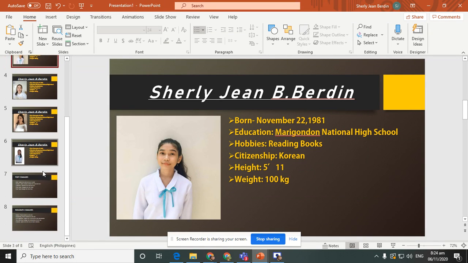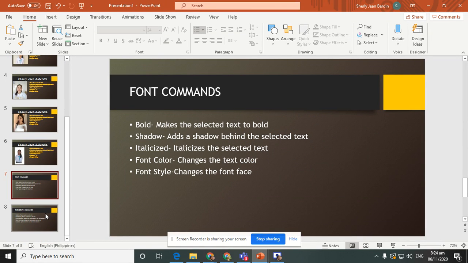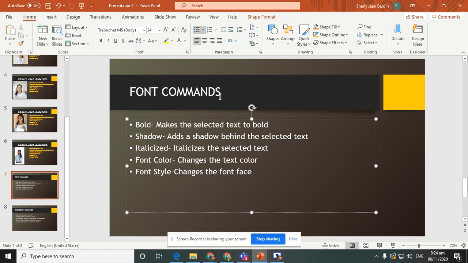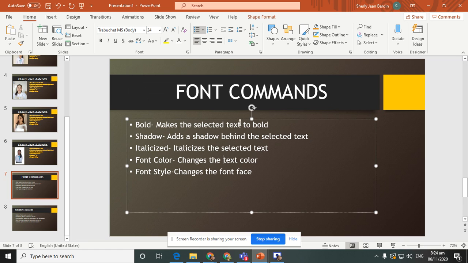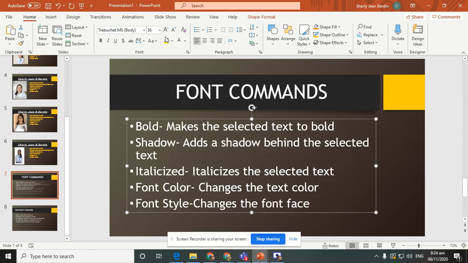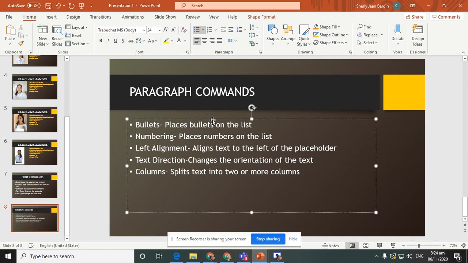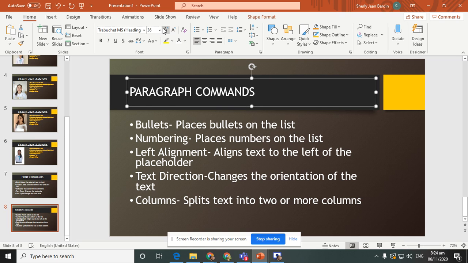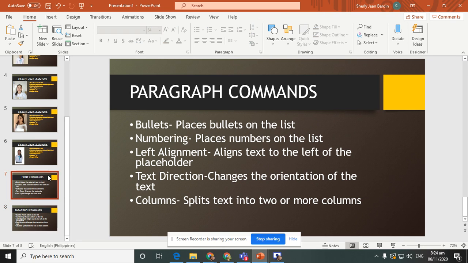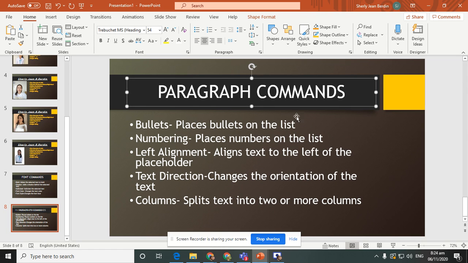If you're done with that, you have the font commands here. Make sure the font size is big enough so that I can read it well, and your viewers can also read it well. You can use Control E for the center.